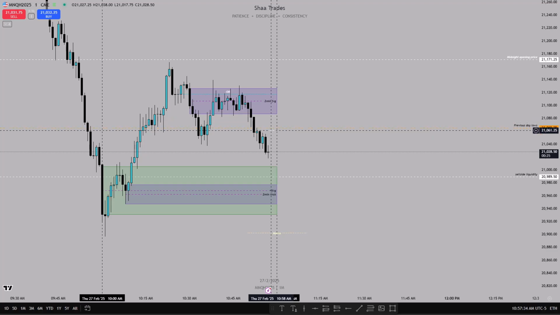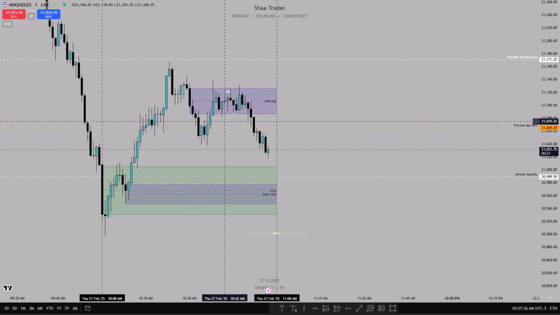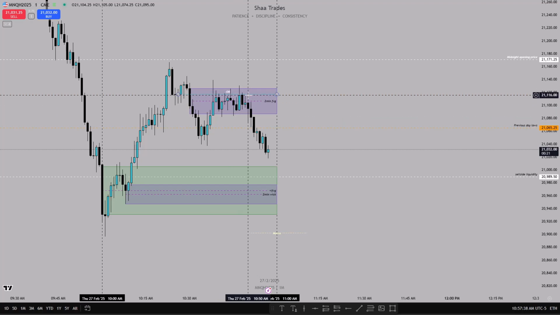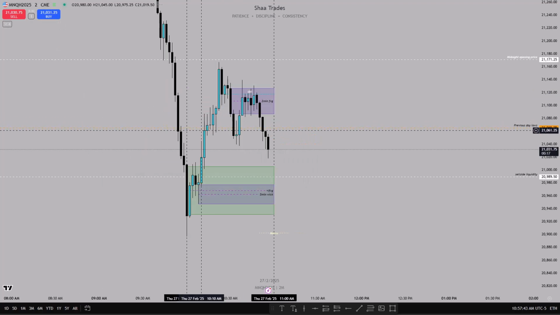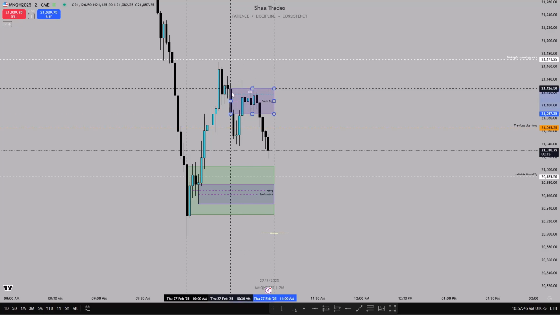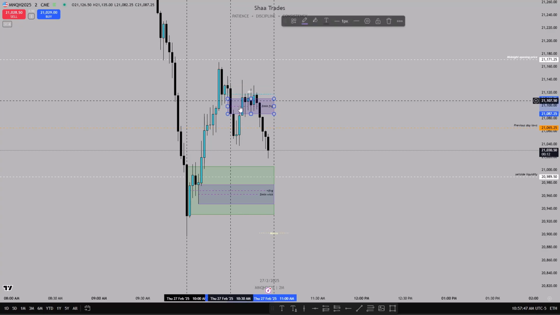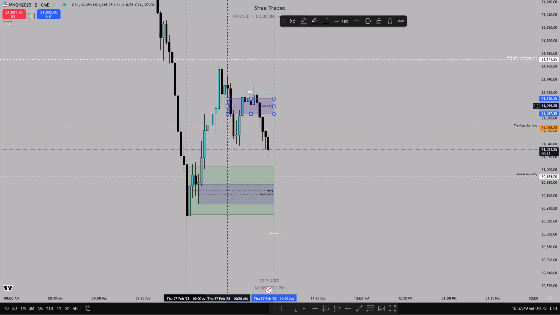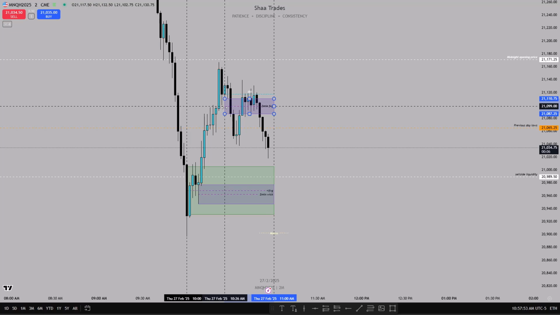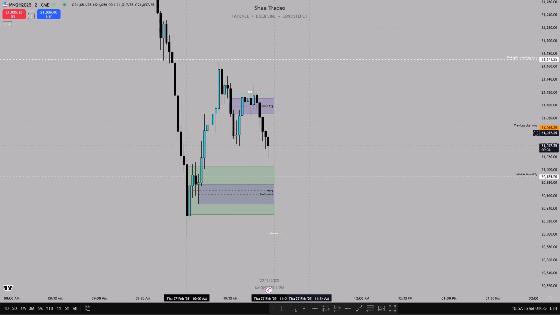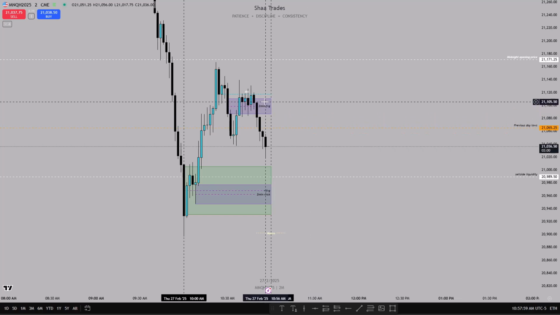Let me see in the 1 minute. Yeah, if I look at this, this is an entry, go back down here, but as I said, we don't want anything below there. This is why I frame my fair value gaps and include the wick, because look at this. If someone who trades iFVGs sees this and says